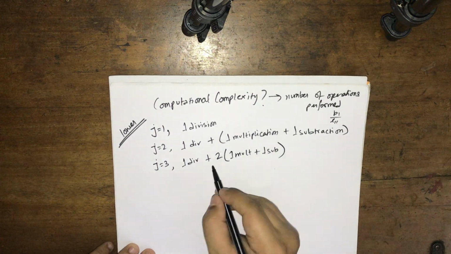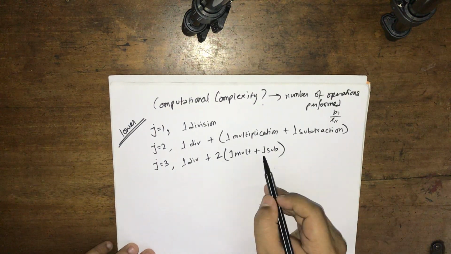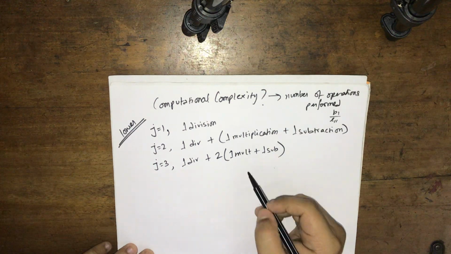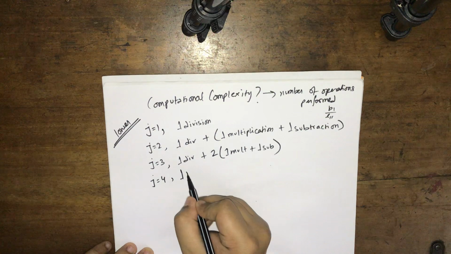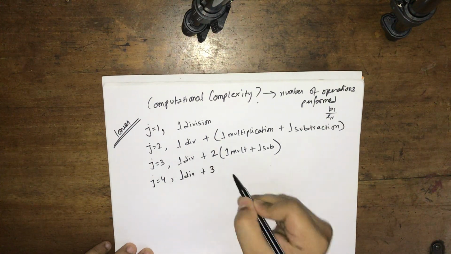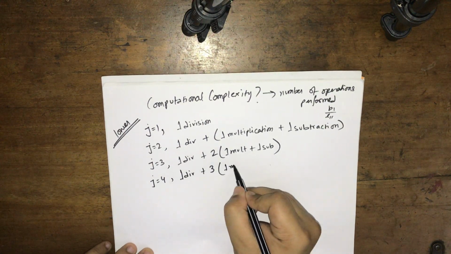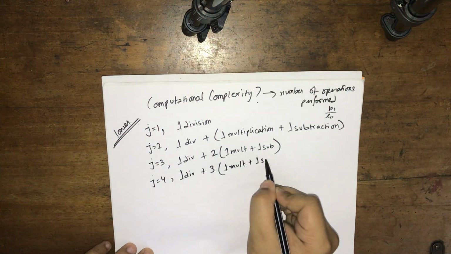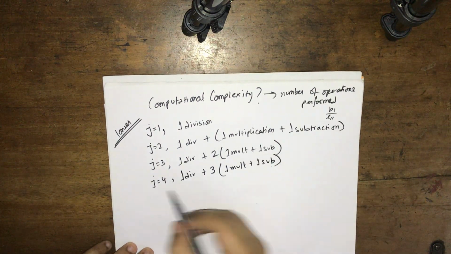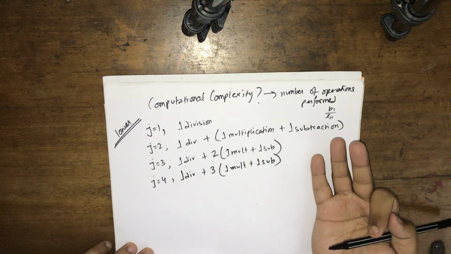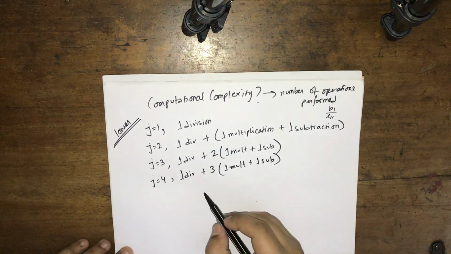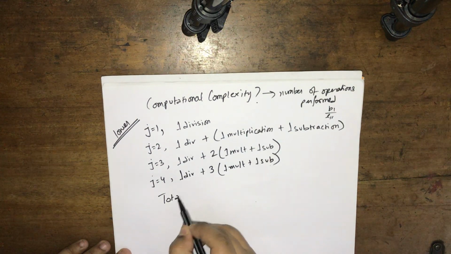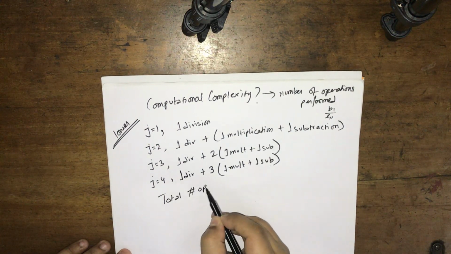I am writing in this format just so that it's easier for me to generate a pattern. Alright? When j equals 4, one division plus 3 multiplications and 3 subtractions. So when j equals 4, we are performing 3 multiplications and 3 subtractions. So if we want to calculate the total number of operations,